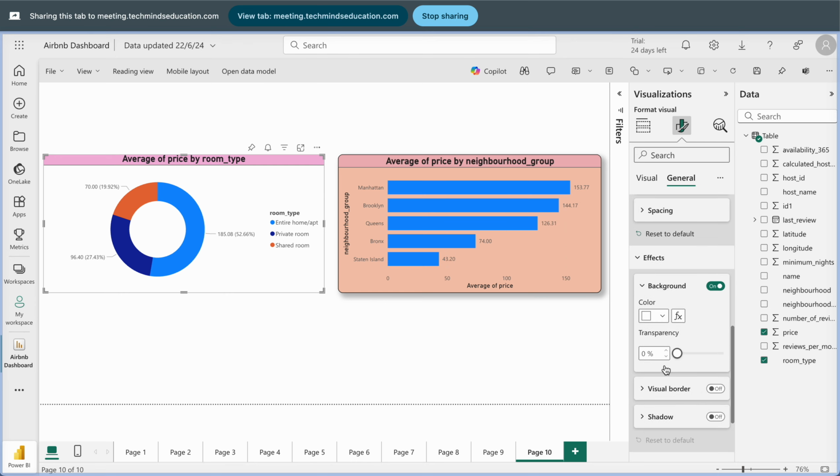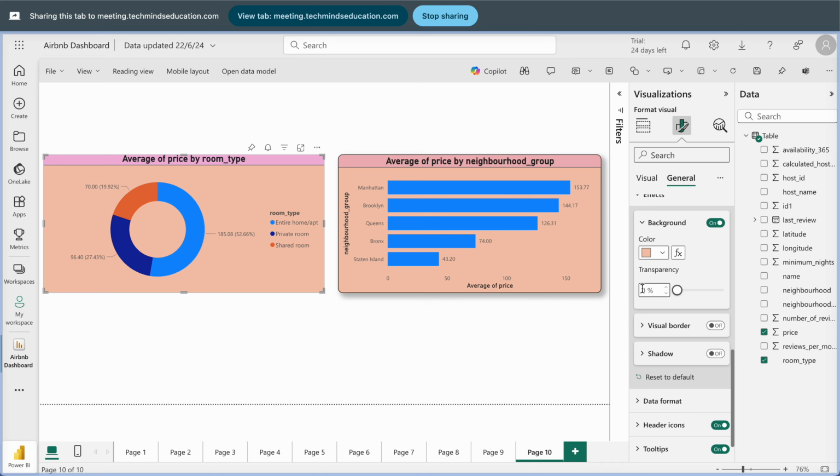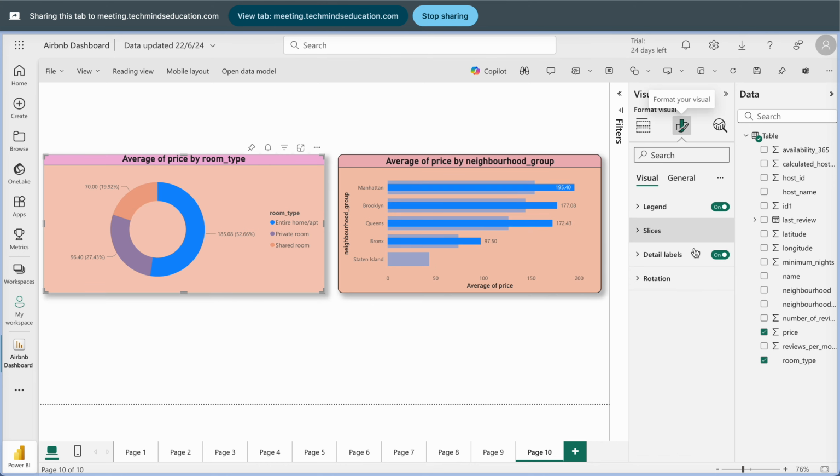then go to effects. In this effect I can change the background color, so yes, this is the background color, and I can use this 11 as rounded corner, right? Also we can add this shadow. Done. Not this one, wait,